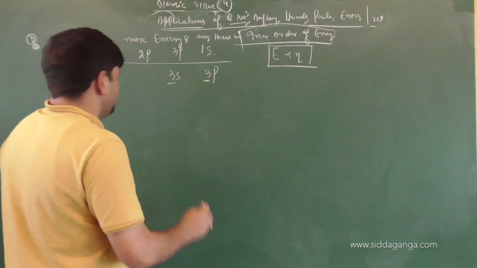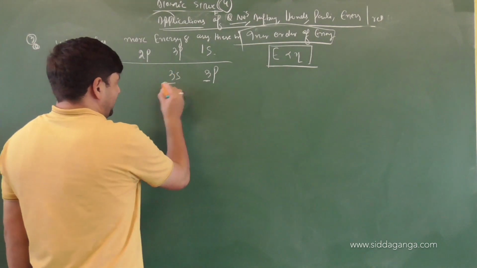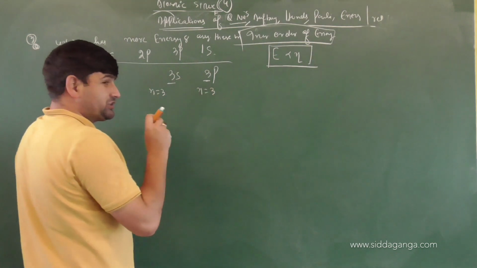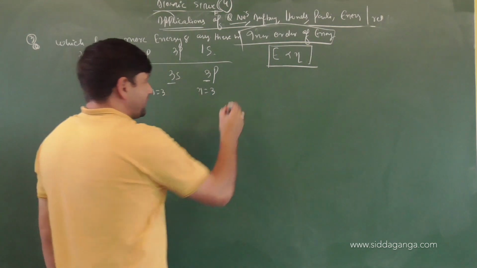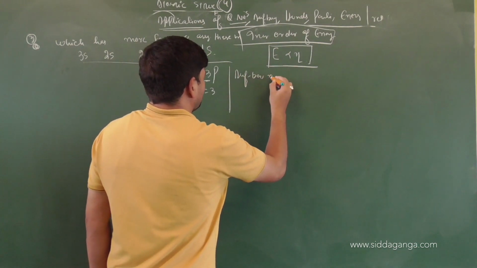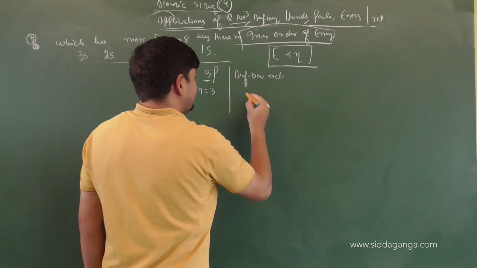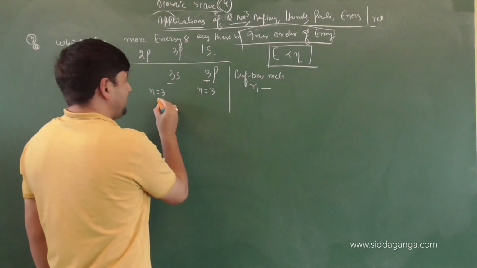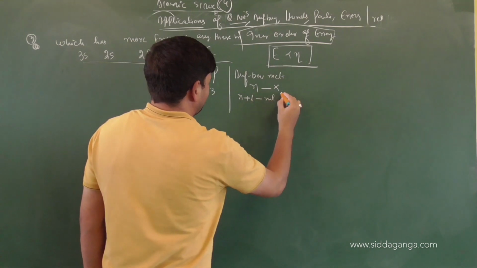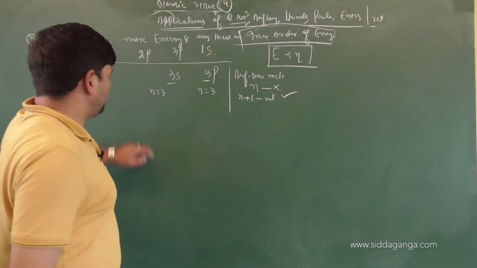Right. So 3s and 3p, the n value here is 3 and the n value here also is 3. Principal quantum number is the same or not? So what will work here? We will have the above method working, and in that we have the n rule. n is the same or not? So it doesn't help. And the second rule is the n plus L rule. Will it help or not? Definitely it will help. What is the n value here?